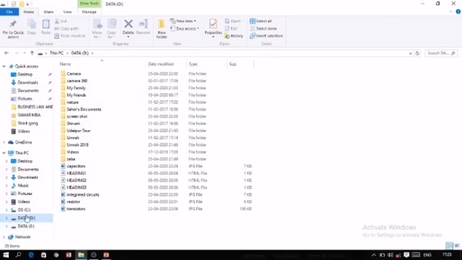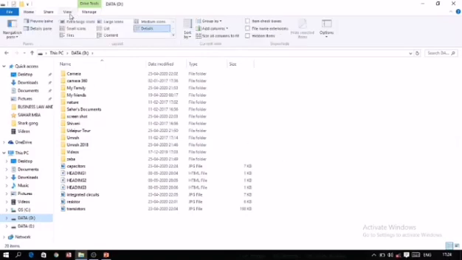Right now I am in the D drive. If you want to change the view, first you have to click at the view option. Students, there might be a small difference from what I'm showing here, because in my system I have Windows 10 Pro, and if your system has some other Windows like 7 or 10, it might be a little different, but you don't have to worry about it. Most of the things are the same, only there will be a little difference.